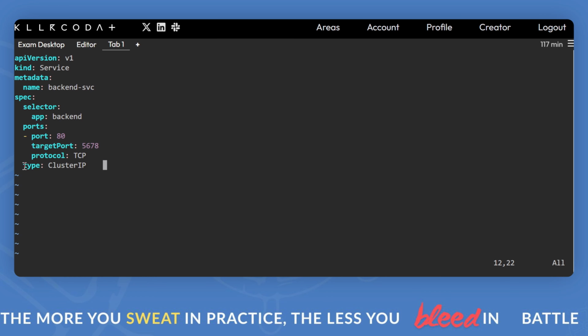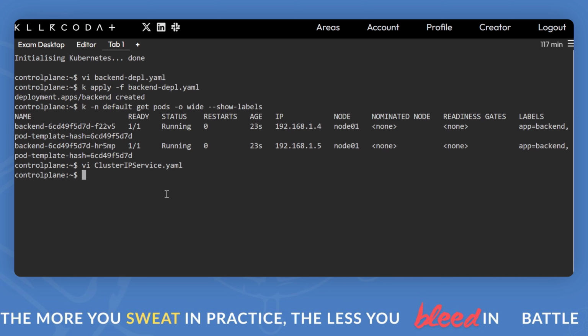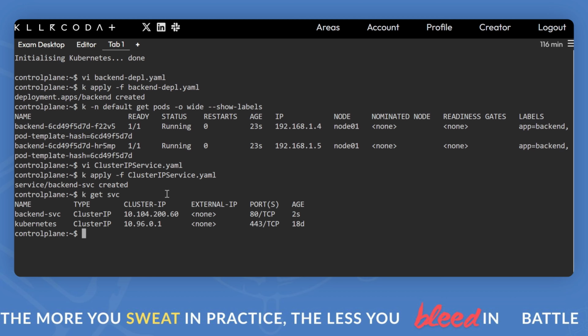If you don't write it, that's also okay, but in the case of NodePort, you have to explicitly define it as NodePort. We'll see that also. Escape, write and quit, and k apply -f cluster. Then k get svc, and you'll see